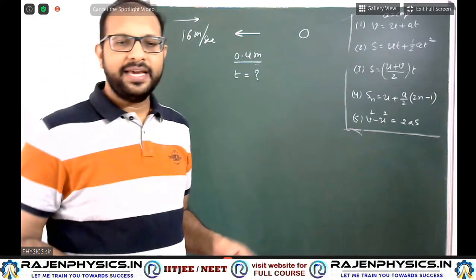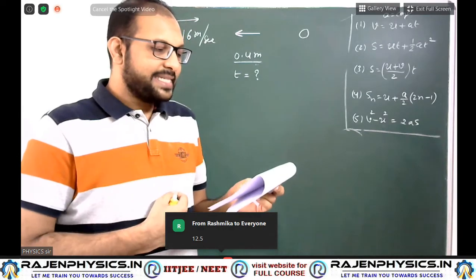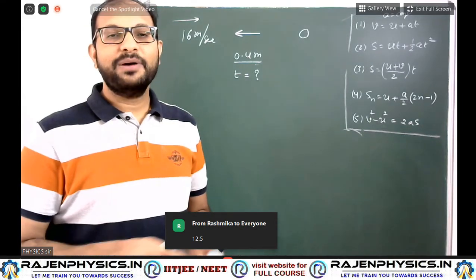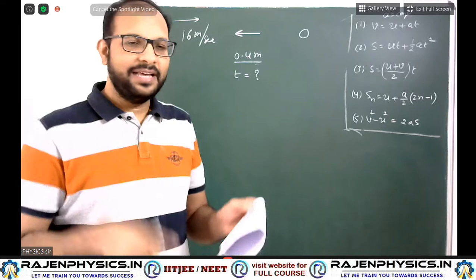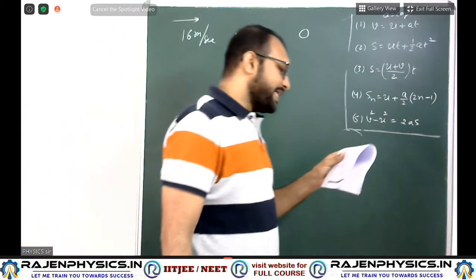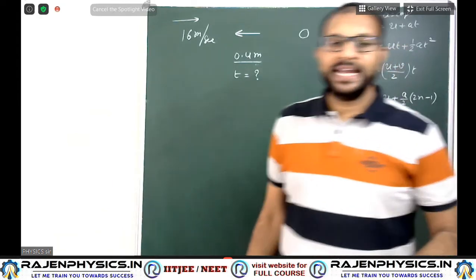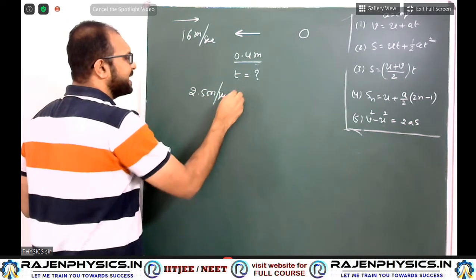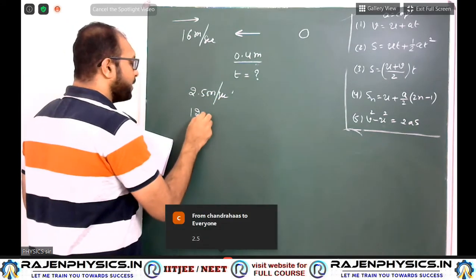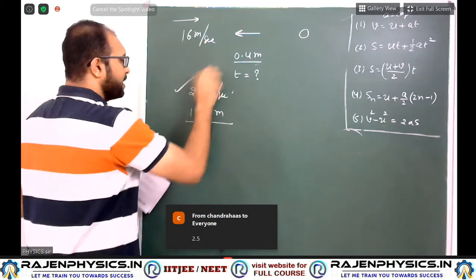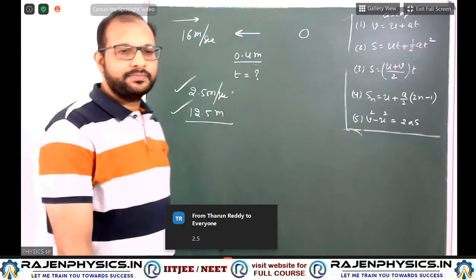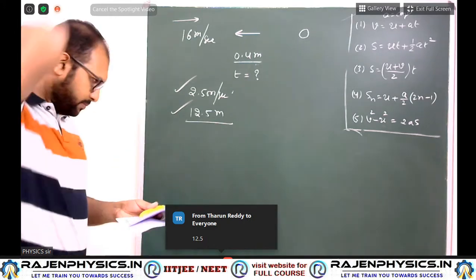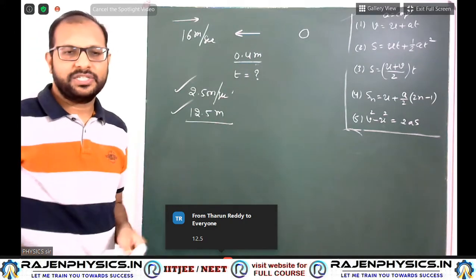So the first question is clear. And the second question, students, is distance traveled. While solving the first question, the second question's answer is already there inside. Many of our students posted the answer. First answer 2.5 meter per second, second answer 12.5 meters. This is the average velocity, this is the displacement. Distance and displacement are both the same because of single direction.